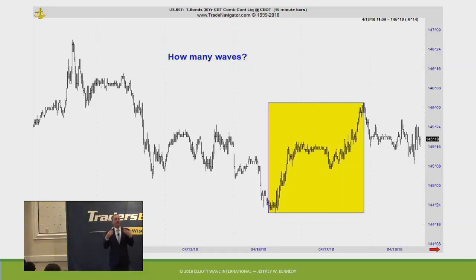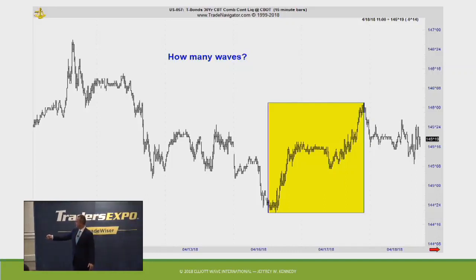Okay, lean back. You have a decisive move. It's not slow. It's not choppy. This took some time. Down, up, down, and then you had your move up. Clearly a 3-wave structure. 5 down, 3 up. So, just with that bit of knowledge, what kind of forecast can we make in this market? Down. Does everybody agree with that? Does everybody see where I'm coming up with that? 5 down, 3 up. I'm going down.